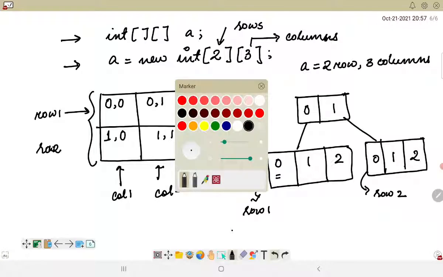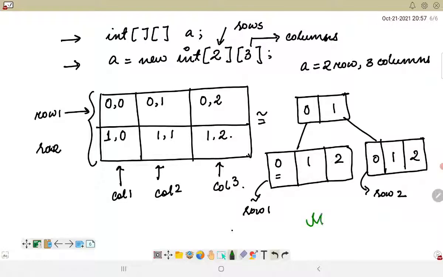Now talking about this matrix, 2D arrays can be of different types. The first one we will see is the matrix type. So we call a 2D array a matrix if the number of columns is the same for each of the rows. That means in row 1 it has 3 columns, in row 2 also it has 3 columns. That is why it is known as a matrix. And this matrix can be broken down into this array of arrays representation, where each of the indexes will give a reference to the row elements present there.